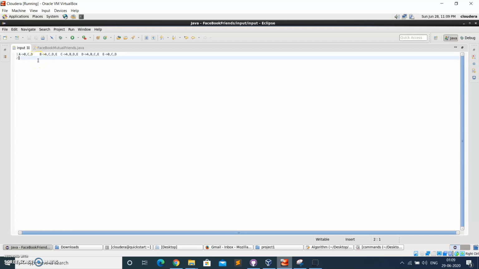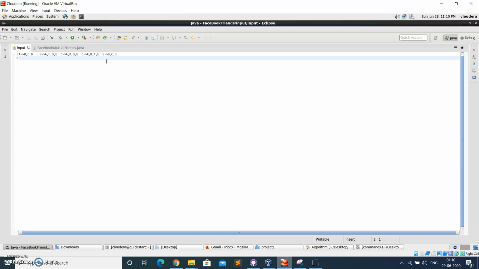In this use case we are considering 5 people A B C D E, where person A has B C D as friends, B has A C D E, C has A B D E, D has A B C E, and E has B C D as friends.